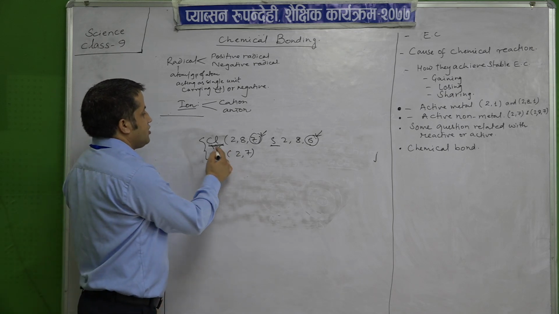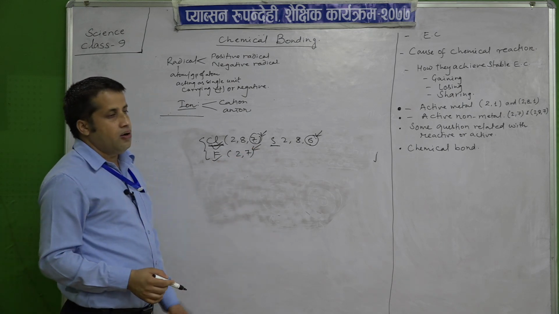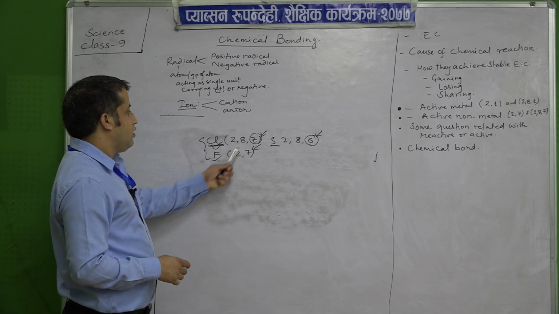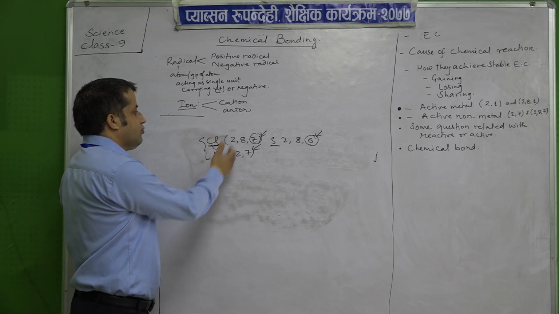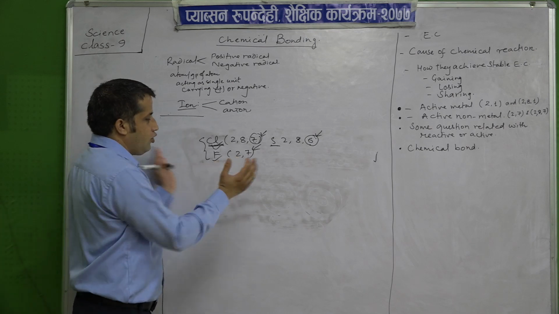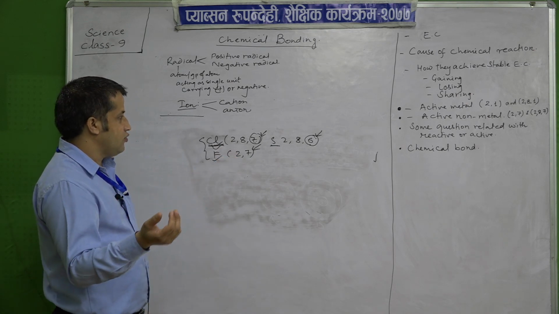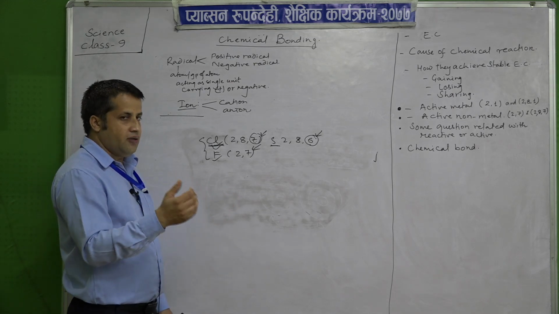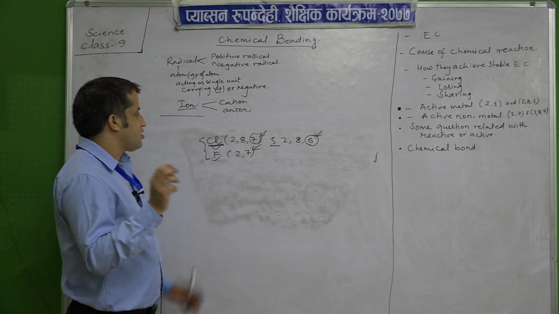But in the case of chlorine and fluorine, both have 7 electrons in their valence shell, so in a particular group they are the active non-metals. But if you compare the two, fluorine has a smaller atomic size, so its nuclear charge will be more, and it is more reactive. That we will study in higher classes. In class 10 you will understand that, so I will not go deep into it. I have just given a simple description about this.